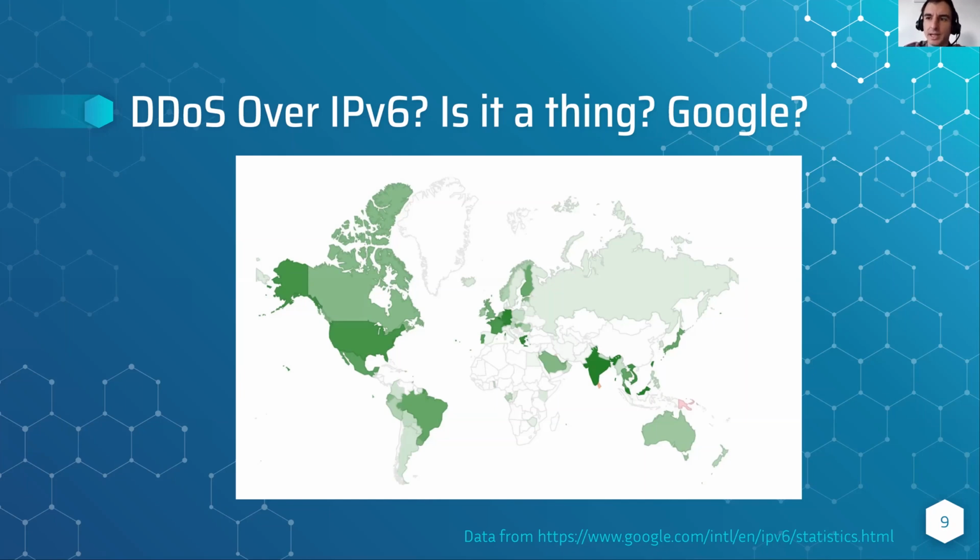Actually, you can notice a clear correlation: very populated countries like India, and the states, have a very good IPv6 enablement rate. So it's getting bigger. And when you're talking about DDoS, it's not an artificial thing created by some shady genius somewhere in the middle of the Alps or wherever. It's just a function, because it's not important where the bad guy is sitting. They can sit in any country. And the media do love to speculate about attackers from this country or that, but it's not important for us.